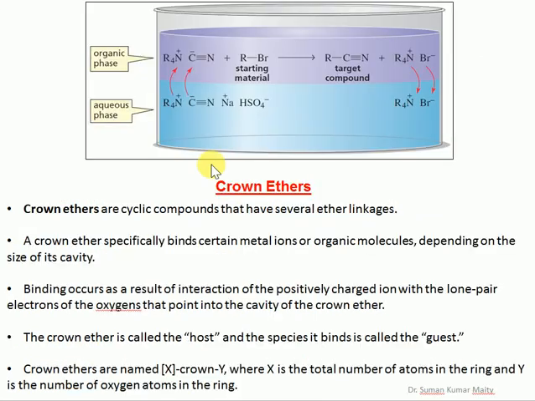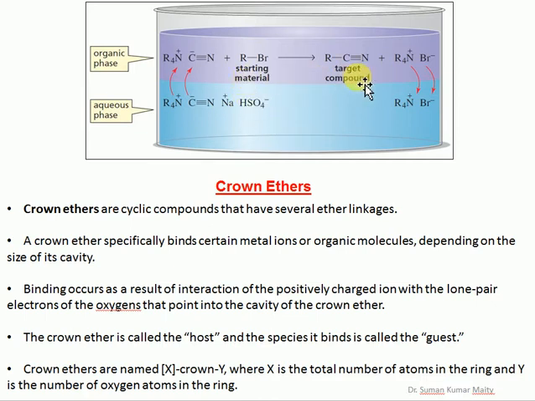Clear? Now if we see in this picture, in the organic phase, initially the starting material, alkyl bromide, was there, and in the aqueous phase sodium cyanide was there. After adding tetrabutyl ammonium hydrogen sulfate as a phase transfer catalyst, the tetrabutyl ammonium cyanide will pass to the organic phase, and the reaction will occur to form the bromide ion, which will accompany the tetrabutyl ammonium salt, and it will pass back to the aqueous phase. This way they migrate to and from the two phases, and therefore the reaction will be facilitated.